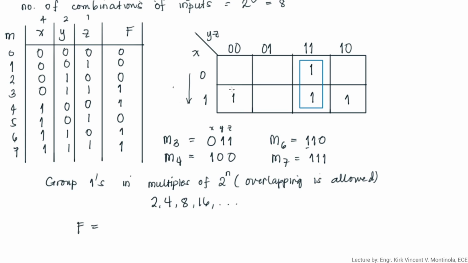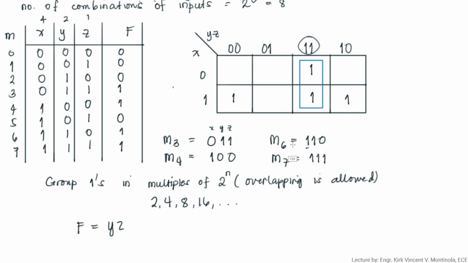So, cross out na natin yung x. Okay. Now, we know that this rectangle is under only 1, 1. Okay. So, what are we going to write for this one? Okay, so you have no x. Then, you should be writing this one, the combination for yz. So, anong location na to? So, this is y, this is z. So, you'll be writing this one sa groupings na to is y, z.